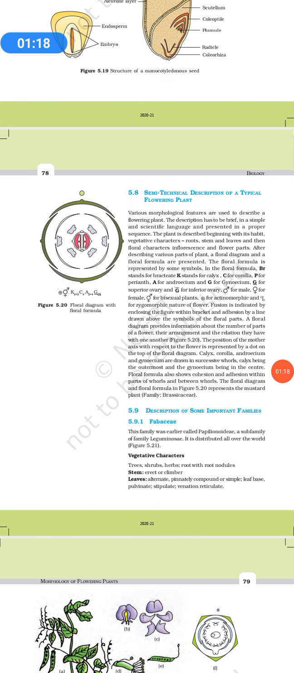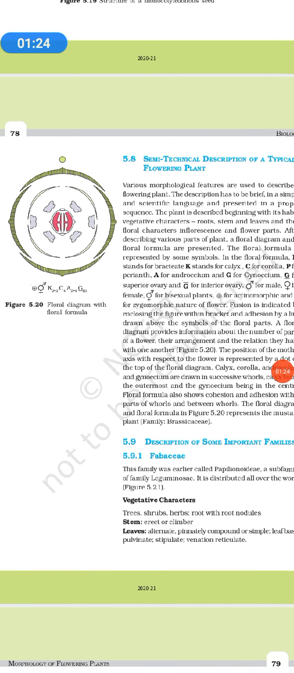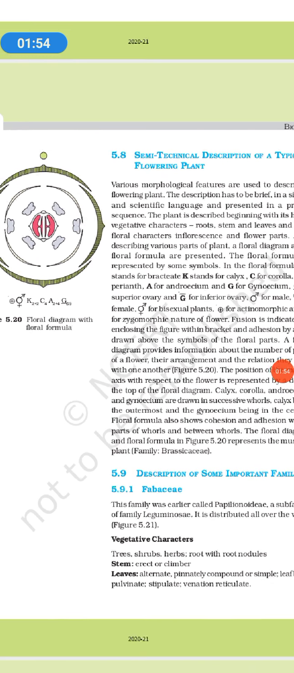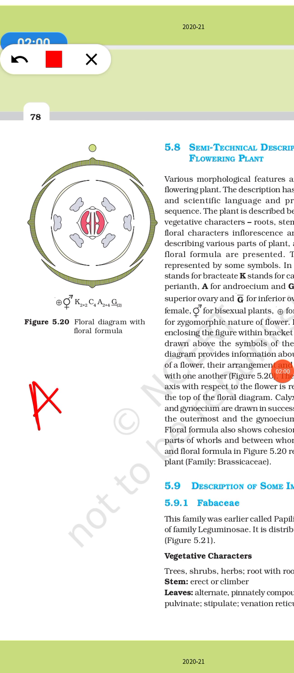So if we talk about this particular diagram and the formula which is given, the first symbol that you see is actinomorphic, and this is zygomorphic. You remember, in actinomorphic I can divide it along many axes, whereas in zygomorphic I have a single division that makes the flower come in two halves. So if I talk about this particular flower,